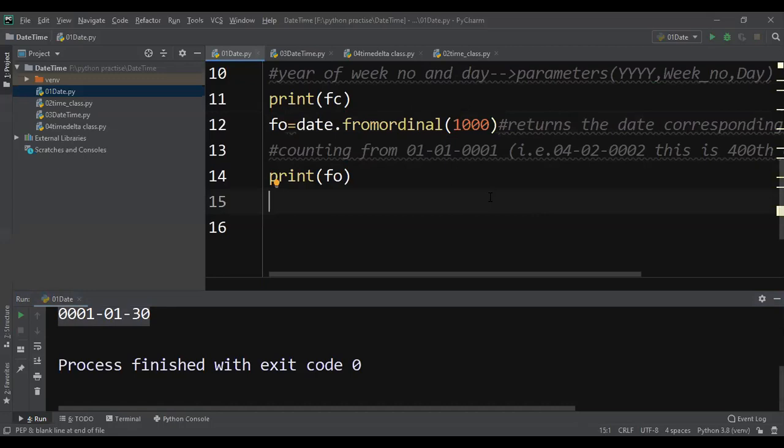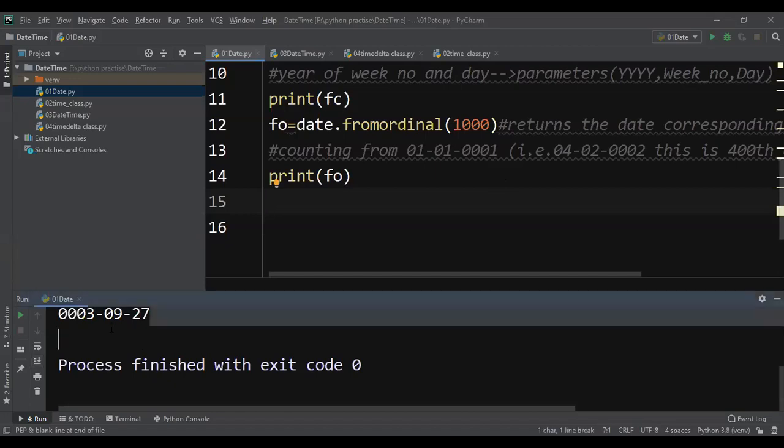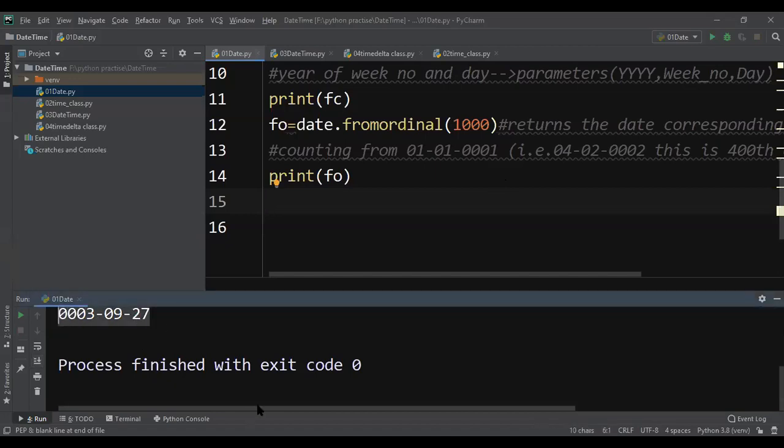So 1000 means maybe it is third year na, so it will come 0003, right? So 29th September 0003. So like that you can calculate any date.